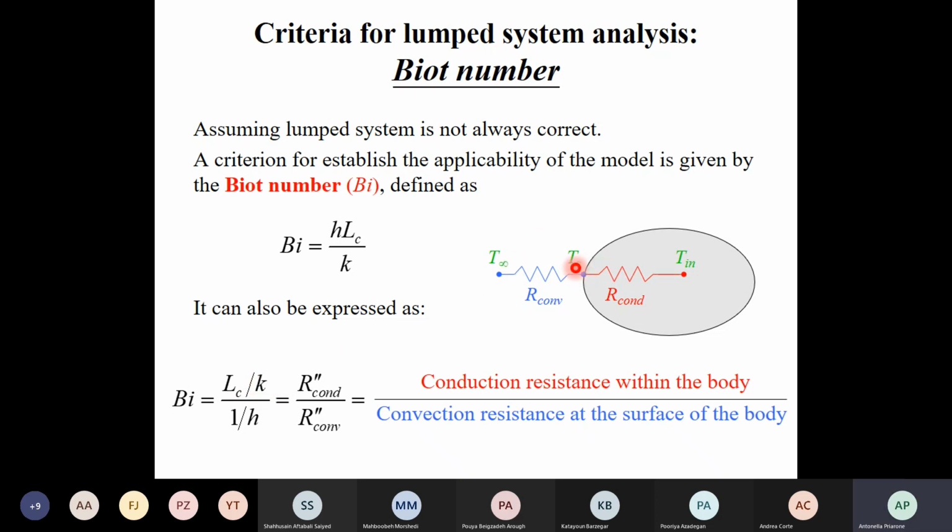Then I have another thermal resistance, the convective one, that links the surface temperature to the temperature of a fluid. This thermal resistance can be written as 1 divided by h,